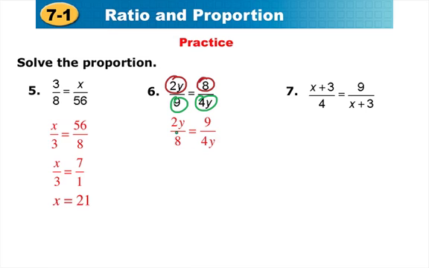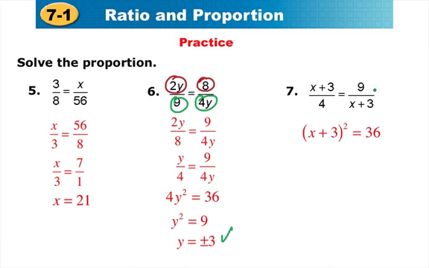Why did I do that? Because I can do something with this 2 and this 8. I get the following. Once I simplify, I take the cross product. I end up with this, divide both sides by 4. And then at this point, I take the square root of both sides. That's how I end up with y equals positive or negative 3. Number 7,